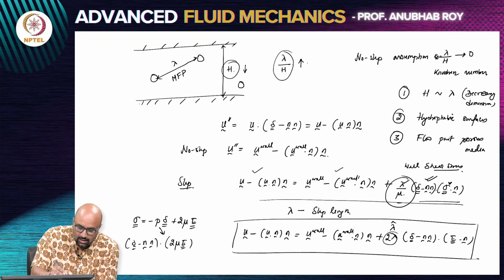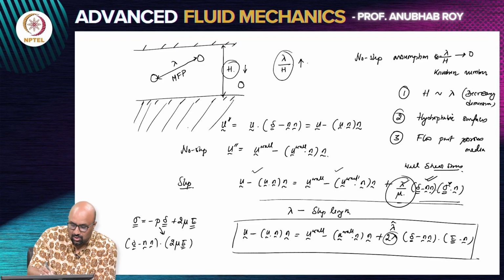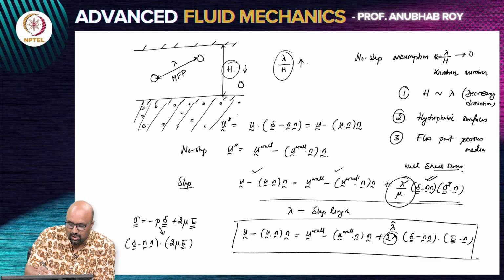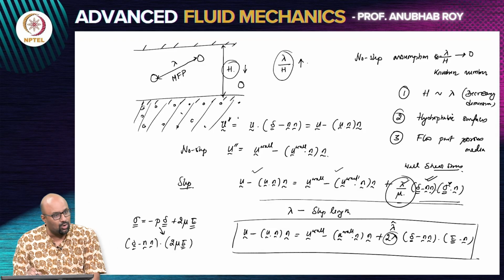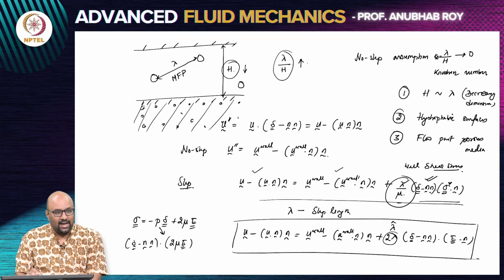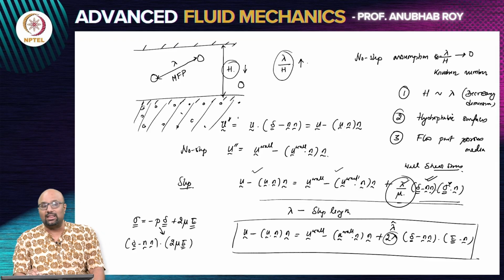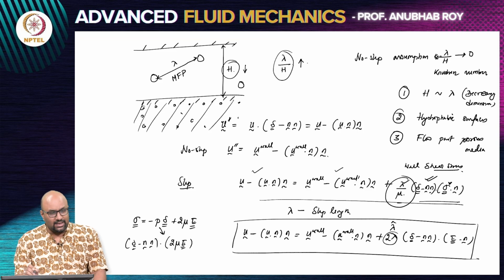So, this one, instead of it actually just being a wall, is a porous media. So, you have, let us say, a porous bed over which you have a flow. There you can again try to calculate what is the appropriate boundary condition at the porous media surface. And when you do that, I am not doing that derivation here, you will arrive at a boundary condition that